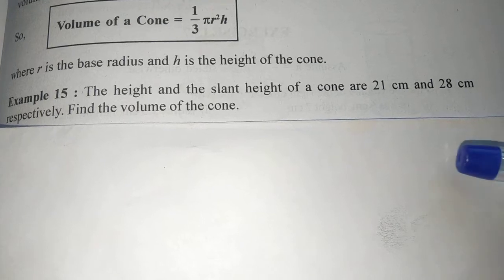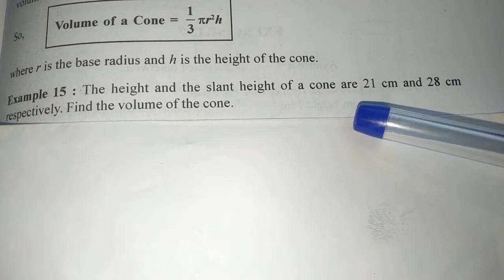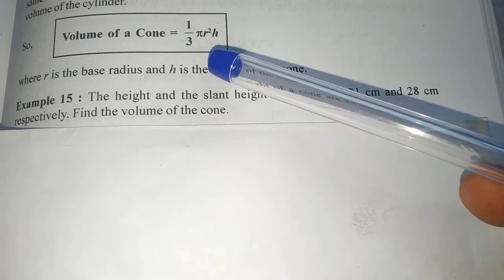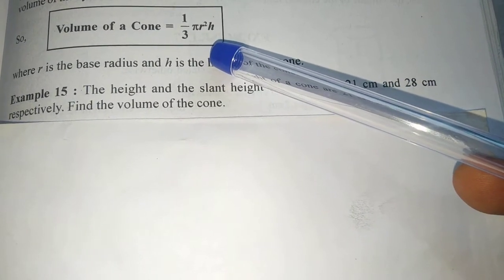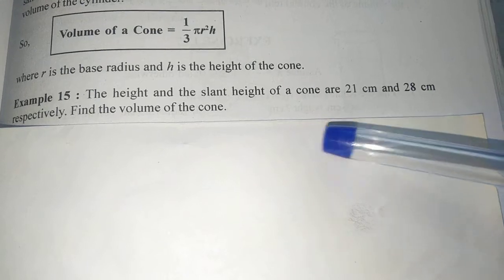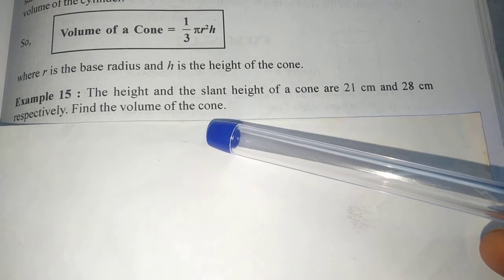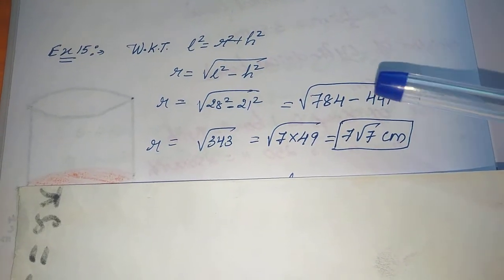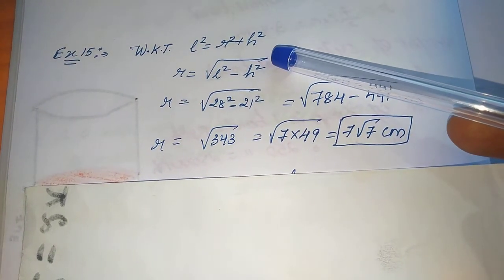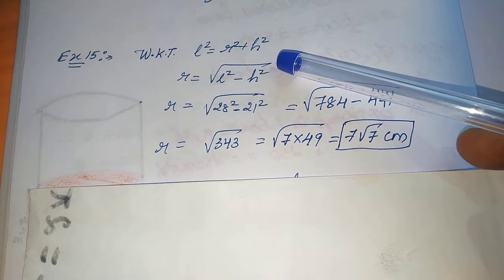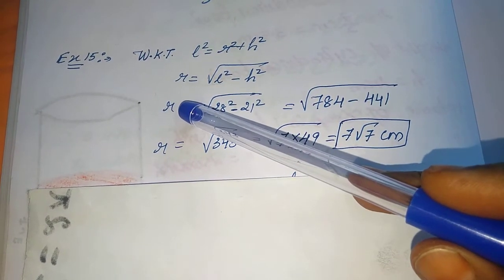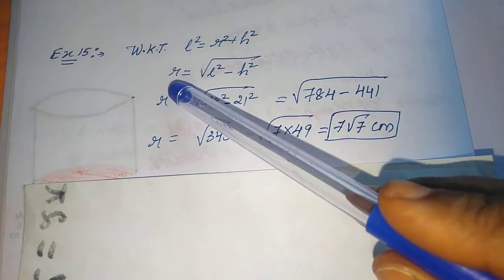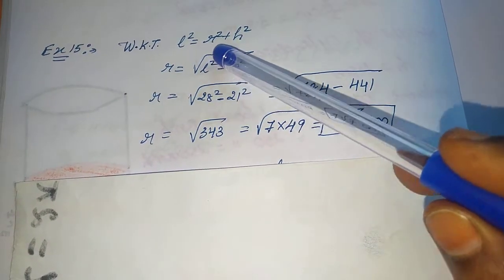So here is your example question where they have given only the height and the slant height, but the radius is not given. In order to find the volume we need the radius, but it is not given, hence we will find the radius first and then the volume of the cone, children. So in order to find the radius, I know the formula L square is equal to R square plus H square. R I will keep in the LHS. H square, when it goes to the other side, it becomes negative. R I am going to find, hence I will take the square root.